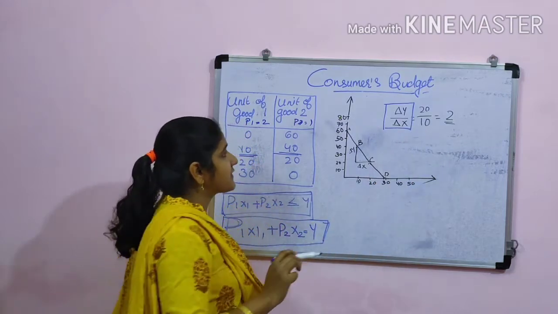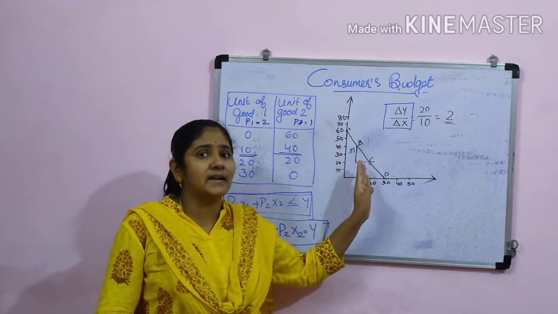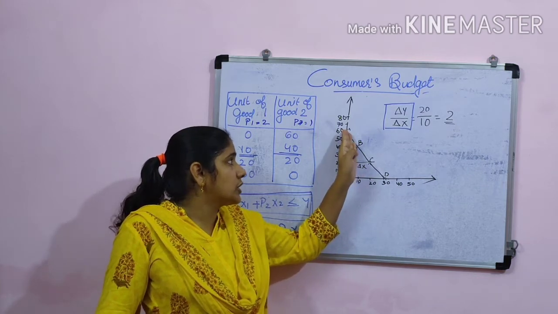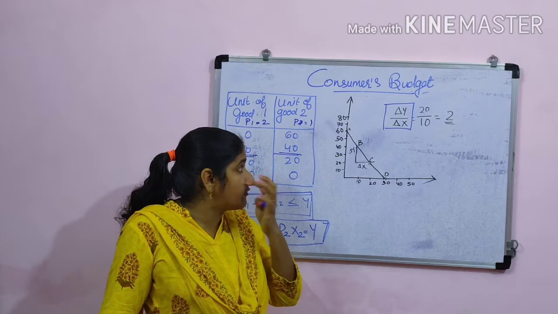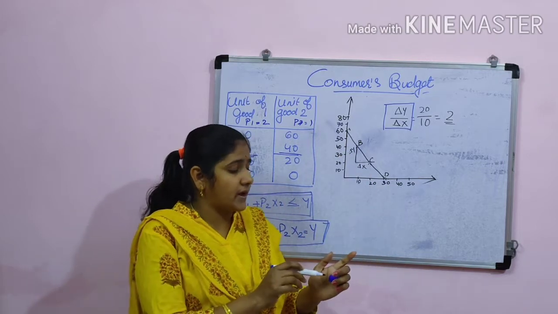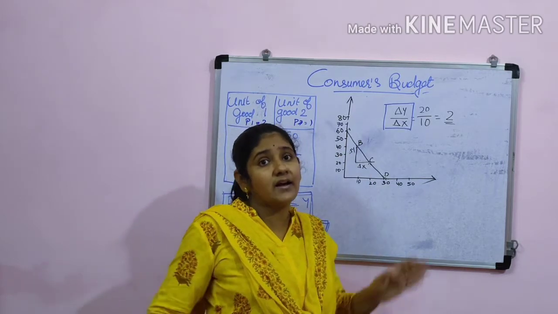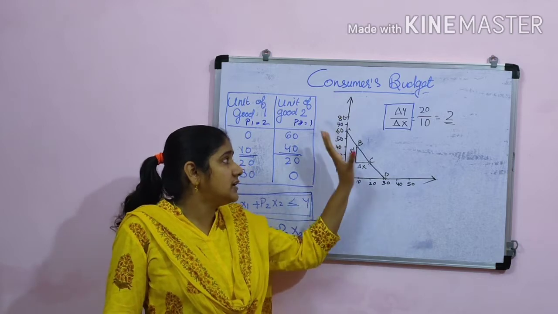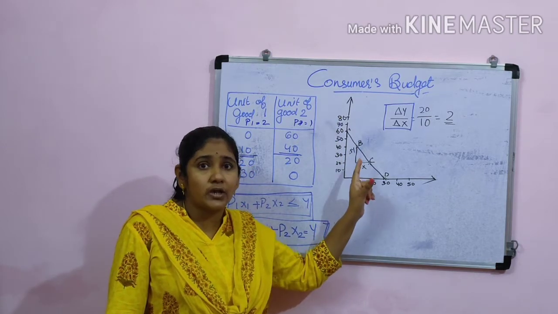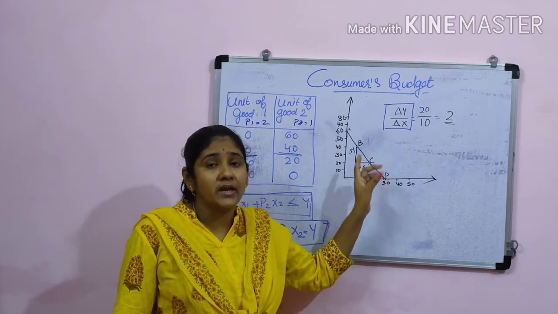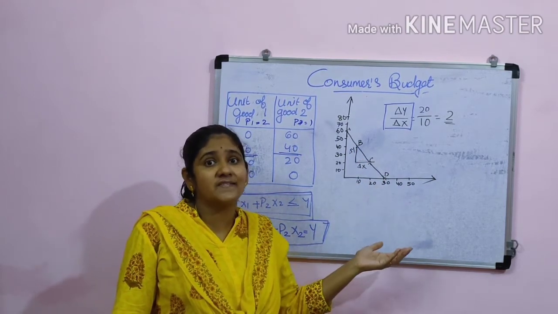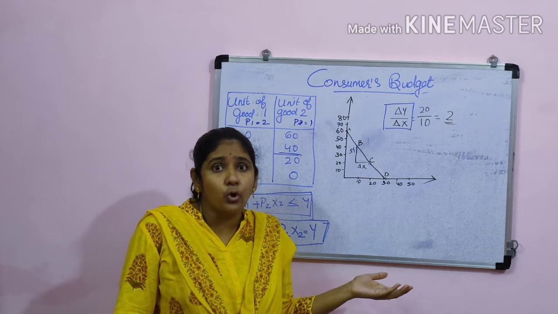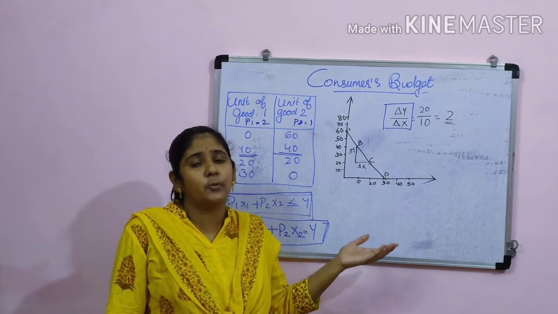Then students, here we assume that during the full time period, the slope of this price line remains a constant value. We assume that, and because of that it is a straight line. If it were increasing or decreasing, then it would be either a concave or a convex shape or something like that.